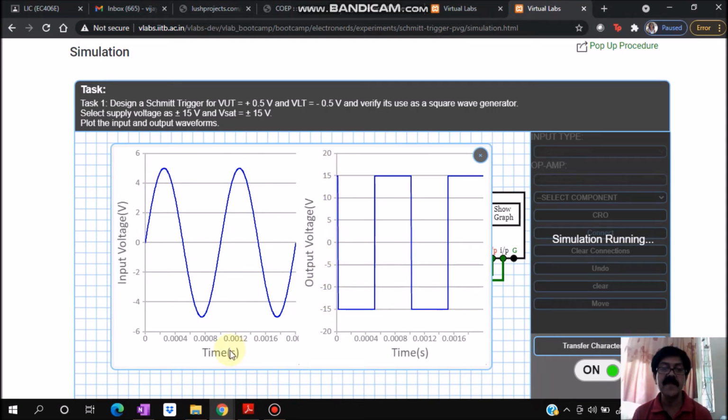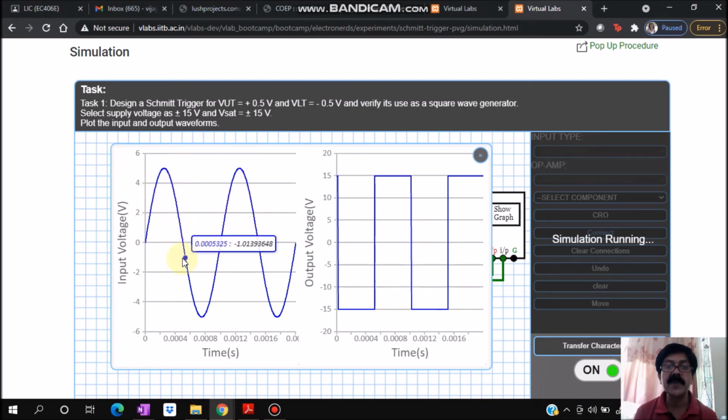So what do we observe? In our Schmitt trigger diagram, the input is given in the inverting terminal. So if by certain noise voltage or anything, due to regenerative action, the input initially is at plus Vset, we know if the input goes above VUT, that is 0.5 volt. So 0.5 volt I am observing at roughly about this timing here, 0.000175, and above that it remains more than 0.5.